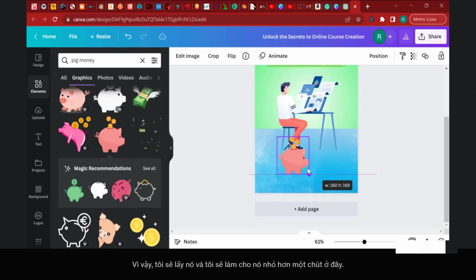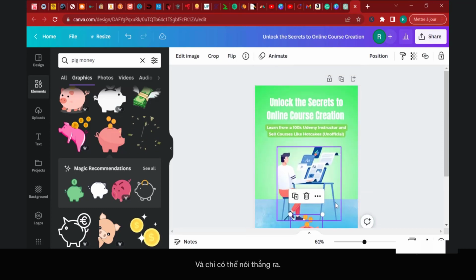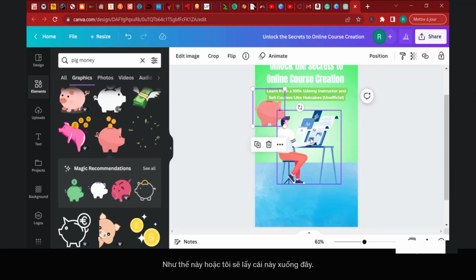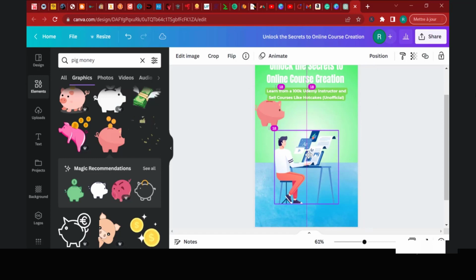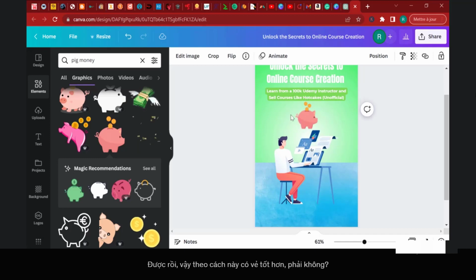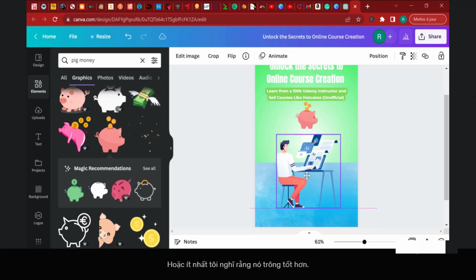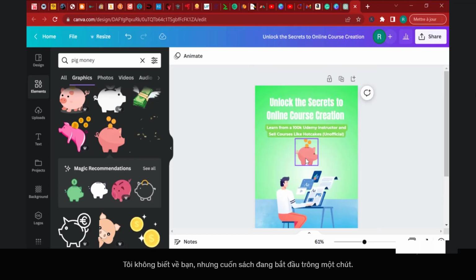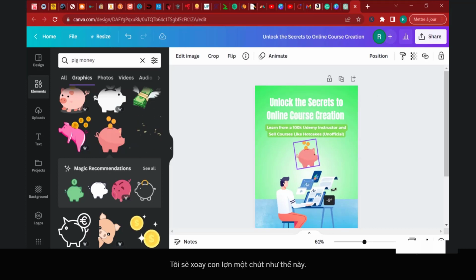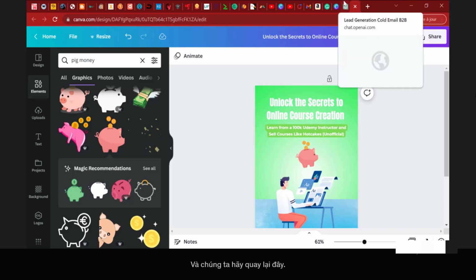and I'm going to make it a little smaller here and just maybe put it right like this. Or I'm going to take this one down here just a little bit. Put it like this. Make the pig a little smaller. Okay, there you go. And just drag and drop it like this. All right, so this way it looks better, right? Or at least I think it looks better. I don't know about you, but the book's starting to look a little bit cool. I'm gonna rotate the pig a little bit like this. There you go. And let's go back here